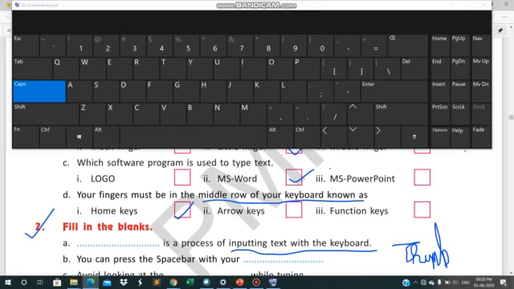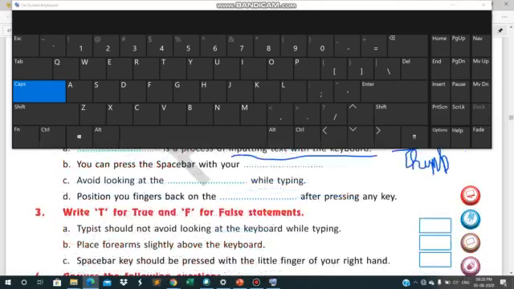Next is: avoid looking at the dash while typing. We should avoid looking at the keyboard while typing.